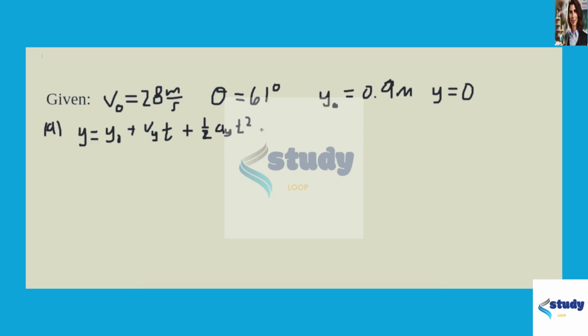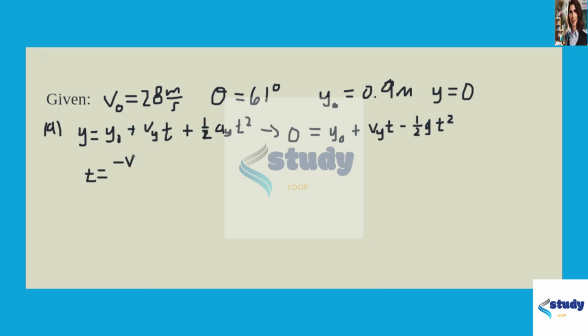Well, let's go ahead and simplify this. We know that y is 0, so this is 0 is equal to y naught plus v of y times the time minus 1/2 g, because the acceleration in the y direction is gravity in the minus y direction. So this is minus 1/2 g times the time squared. So if we want to solve for time, we can use the quadratic formula where t is going to be equal to